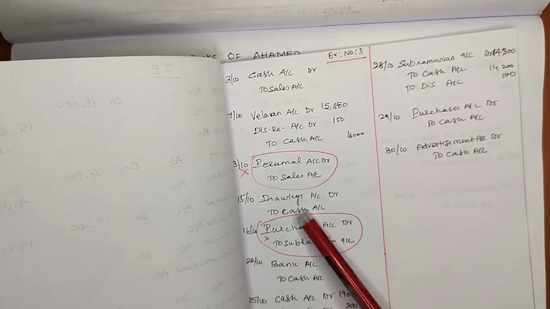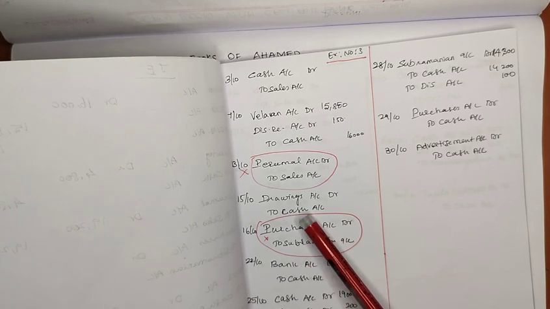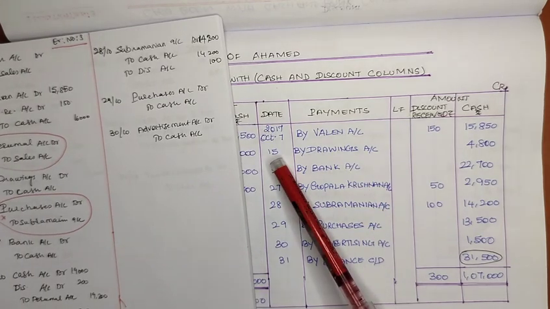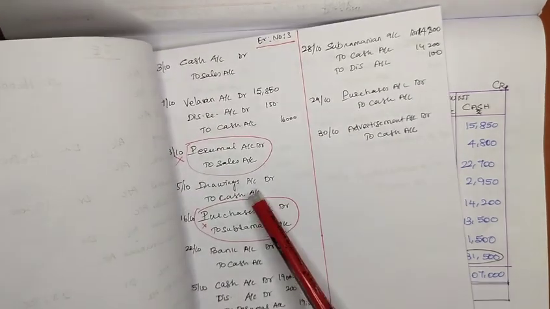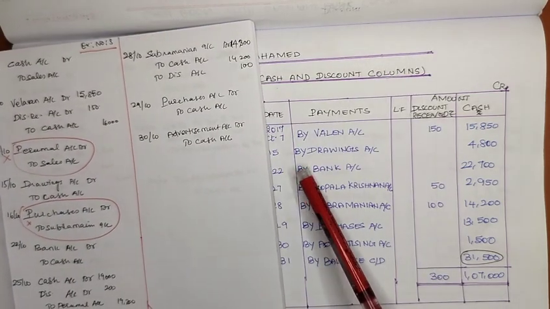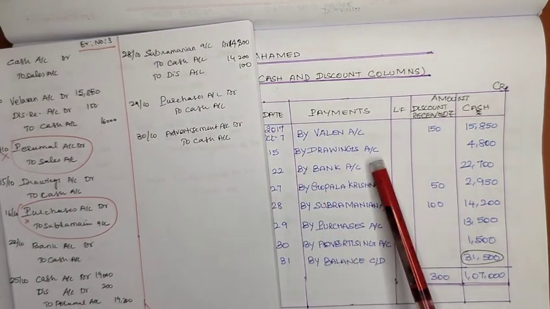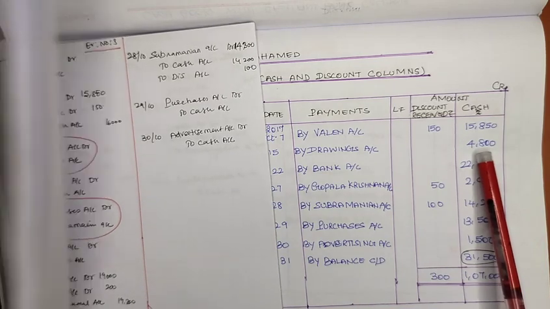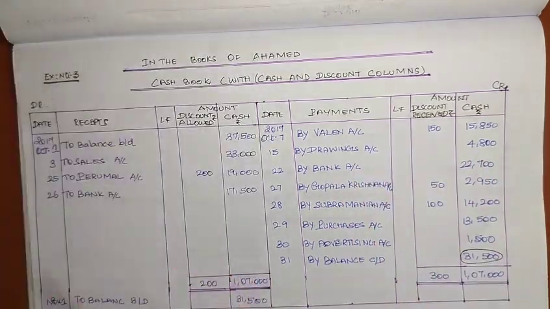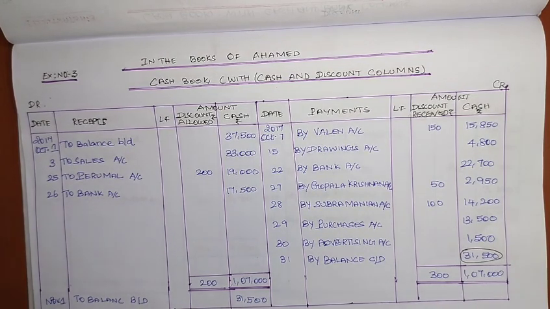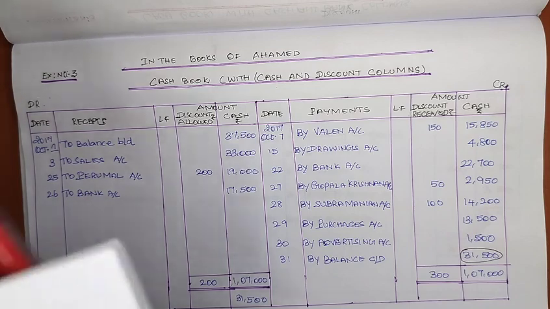Where is the cash account? The cash account is on the credit side. So you go to the credit side, dated on 15 October. What is the opposite account from the cash account? Drawing account. So you have to write by drawings account 4,800. Are you clear? Whenever you see personal use, you have to use the term drawings. Okay, then the next transaction is